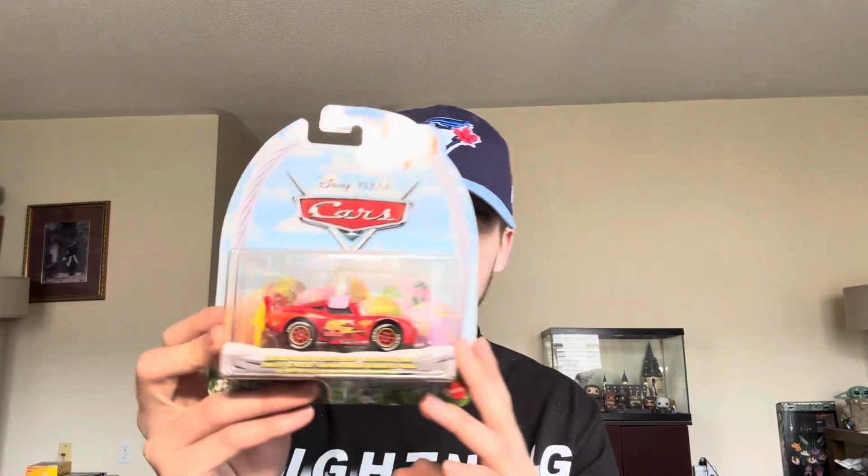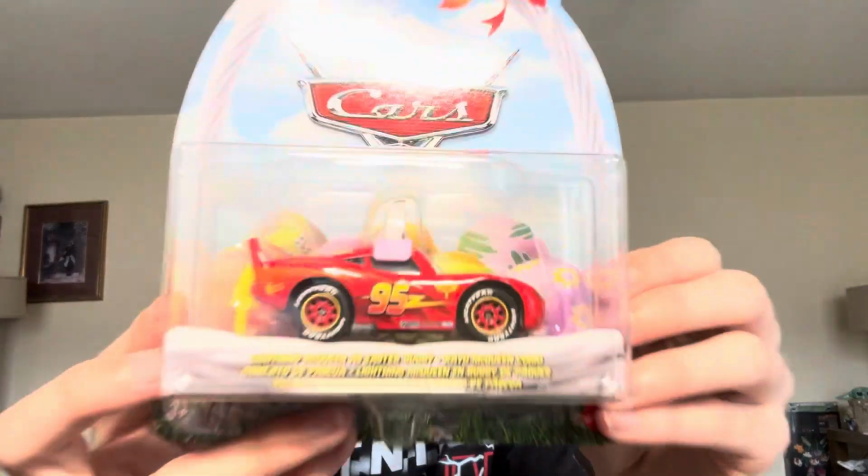So I guess starting off with the newest ones, these are the Easter cars from this year. I believe they're the same as last year, but maybe not. And of course, these cars have released before in different packaging. I don't believe any of these are new, but I know at least this one right here, this is Lightning McQueen as the Easter buggy. It is not new in really any way,